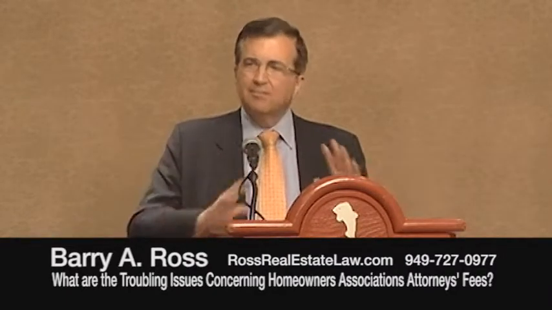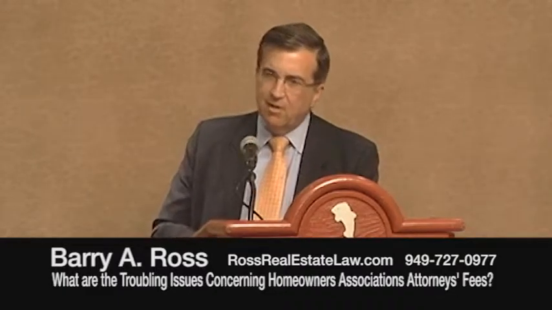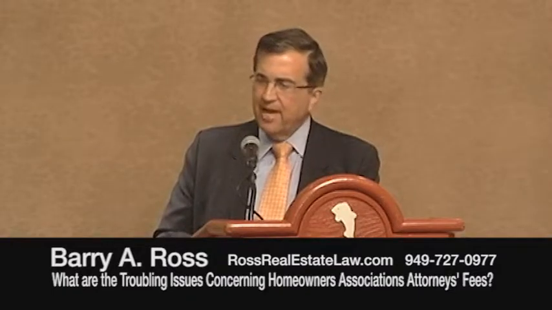Let's say they don't appeal, and we'll make the facts simple that way. So you have a final judgment against the association for $1 million. The association doesn't have the money. So what does the association do? And let's say there's no insurance or the insurance company denied coverage. What does the association do? Well, they impose a special assessment against everybody in the association to pay this judgment. So let's say you've got a $1 million judgment. Let's say you have 100 homes, because I want to make the math easy because I'm not very good at math. So that results in a $10,000 special assessment against each owner.